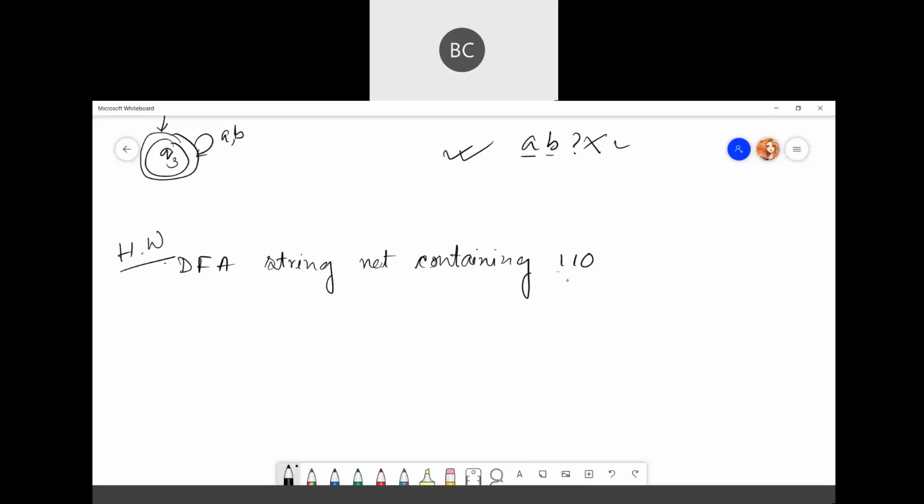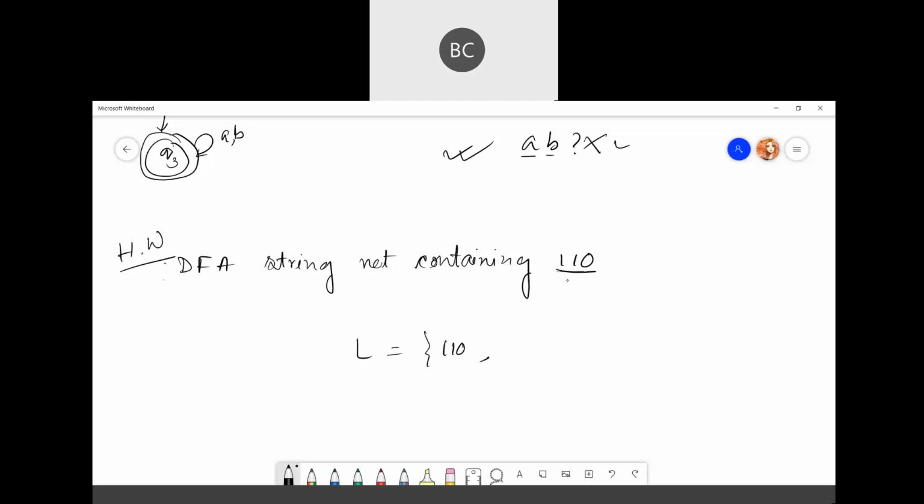So what you have to do first, simply construct a DFA containing 110. Remember, this is just containing. It's not starting or not ending any string. Just that this one will be a substring. Okay, the language can be like, obviously 110 will be the minimum one. Then